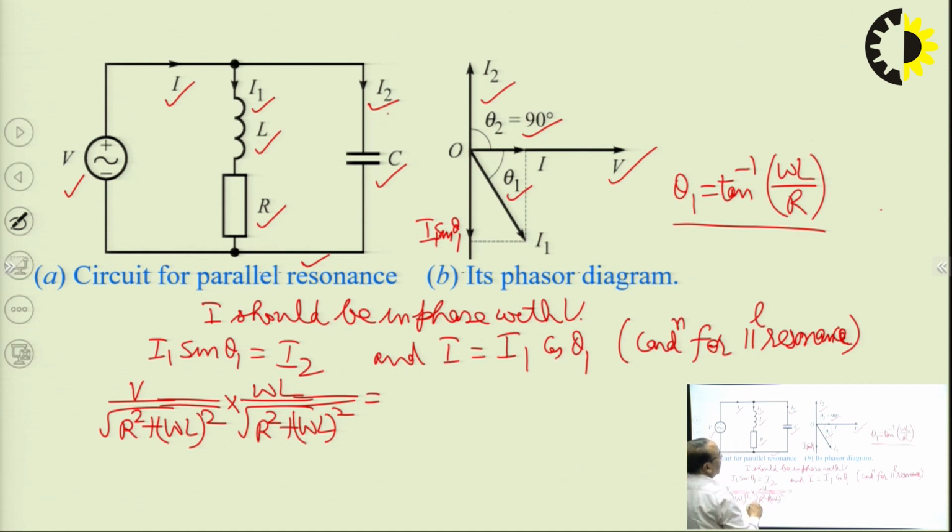And I2 will be given by V upon 1 upon omega C, since I2 is the current in the capacitor branch, so that will be voltage upon capacitive reactance, which is 1 upon omega C. So on solving this, we will get